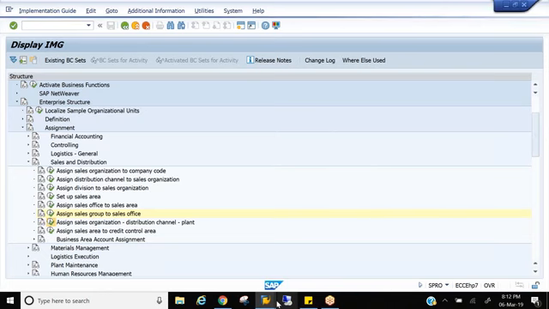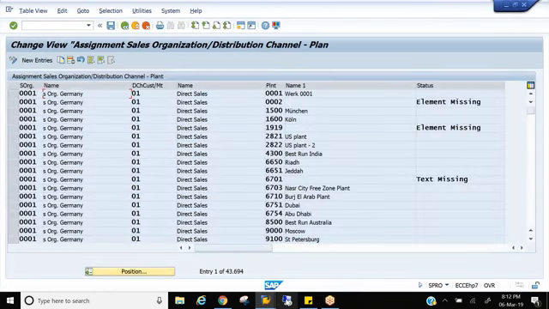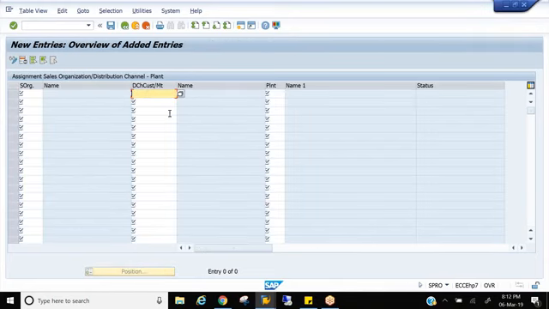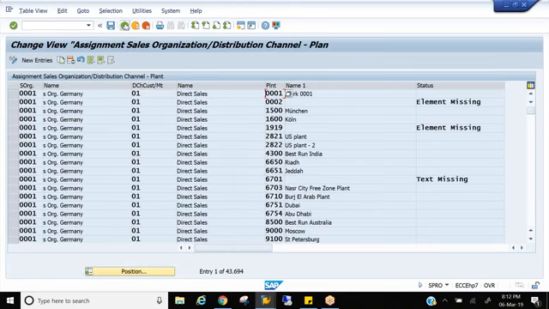I'll do one thing, I'll go with another server. Okay, so yeah, so this is sales organization, this is distribution channel, which is called a sales line. For that, you are assigning a plant. Go to new entries, your sales organization, your distribution channel, and your plant. Mention this and save it and come back. So why we are doing this configuration?